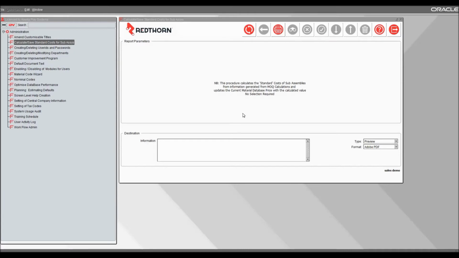Now there's no selection on this form, however pressing the print or save button does a calculation for all the subassemblies in the system to calculate the standard cost of that subassembly based on the plannings, and it drops that cost into the material database price. So every subassembly will be visible in the material database,